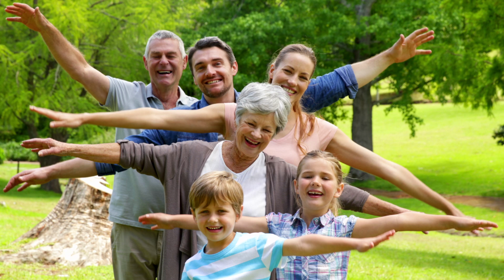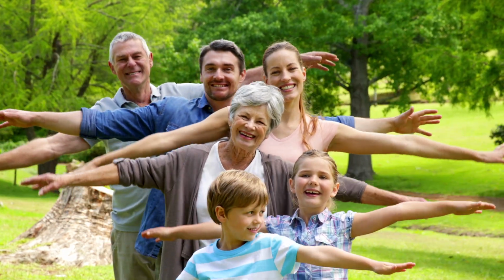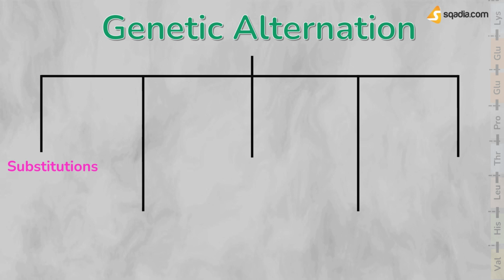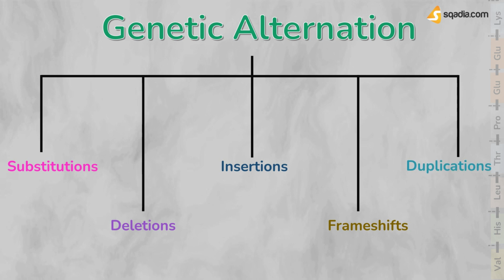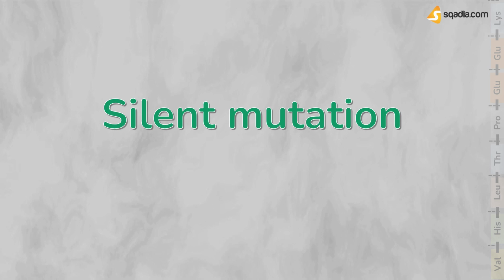Now let's discuss these genetic alterations, which are substitutions, deletions, insertions, frameshifts, and duplications, in detail. Let's discuss silent mutation, which is a type of substitution. Substitution involves replacement of a base pair; if the amino acid encoded by the new codon is the same,